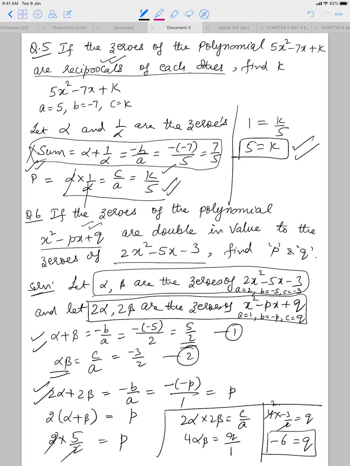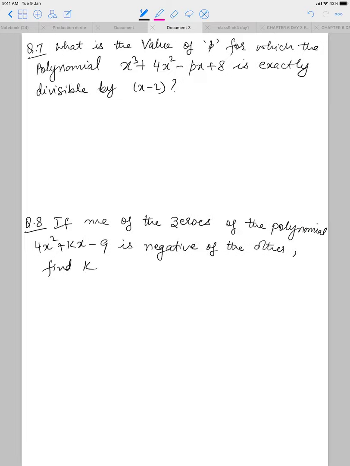Q is equal to minus 6. P is equal to 5 and Q is equal to minus 6. So basically when you read the question, you just understand the question and remember the main steps to be followed in the question. Next, question number 7 is, what is the value of p for which the polynomial